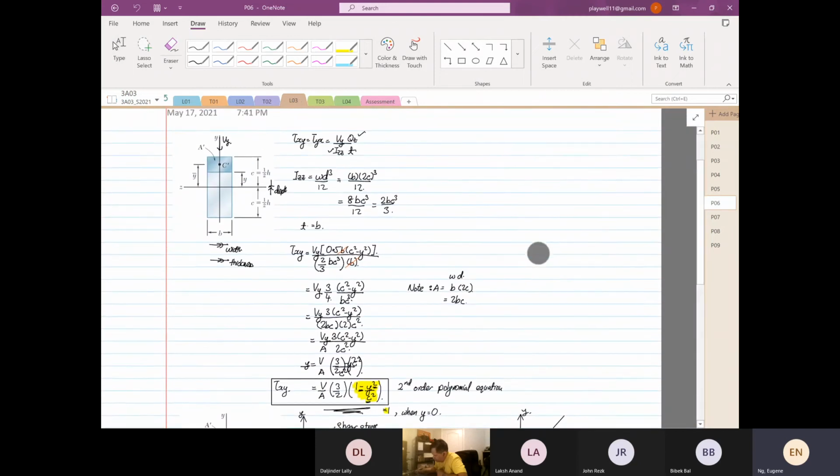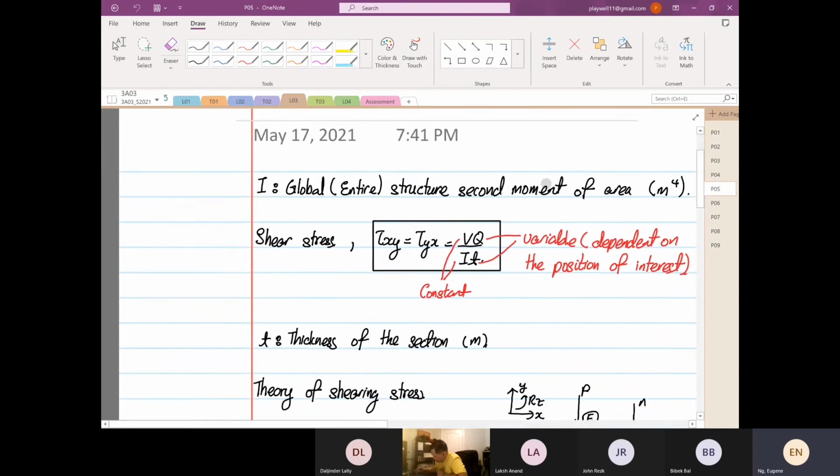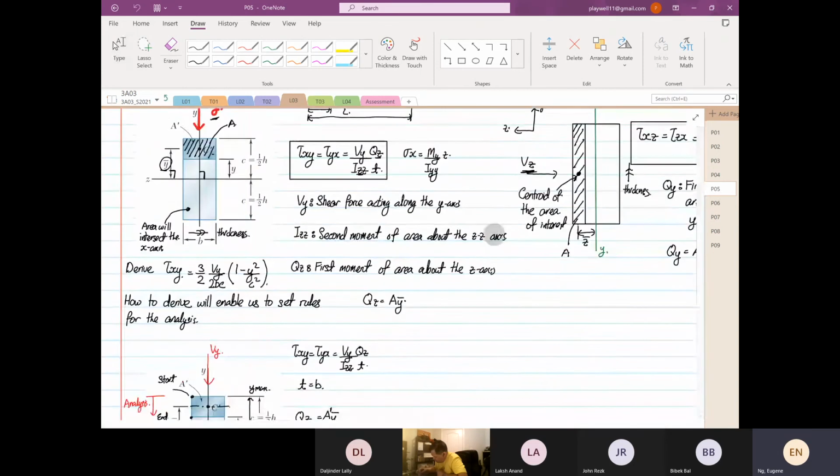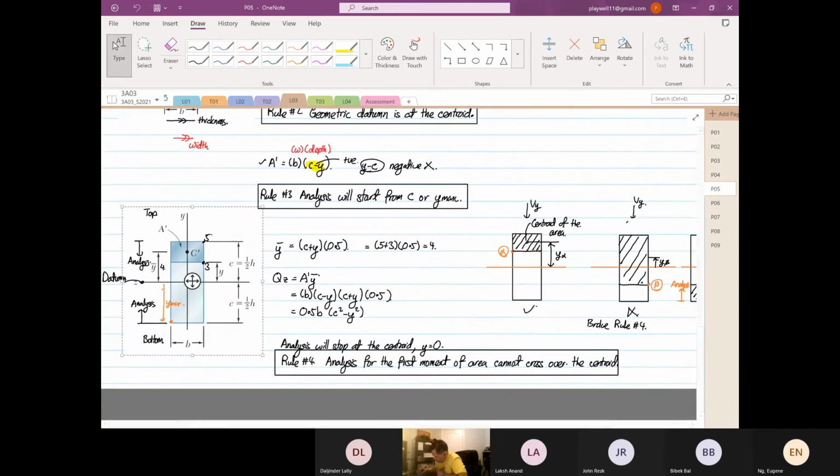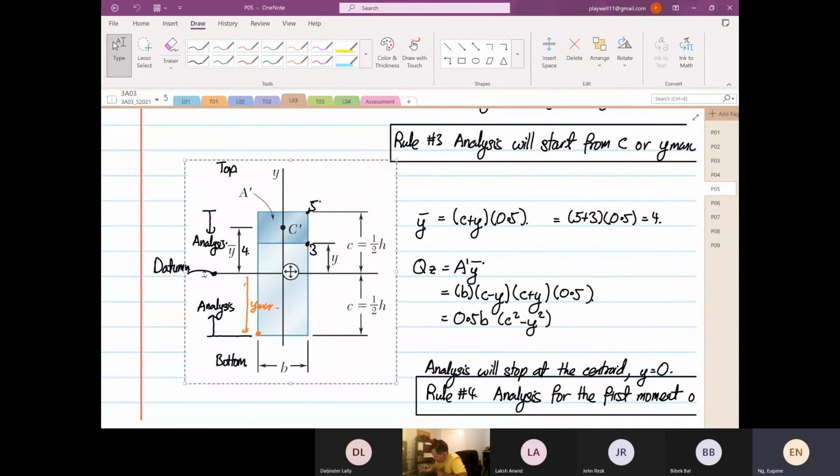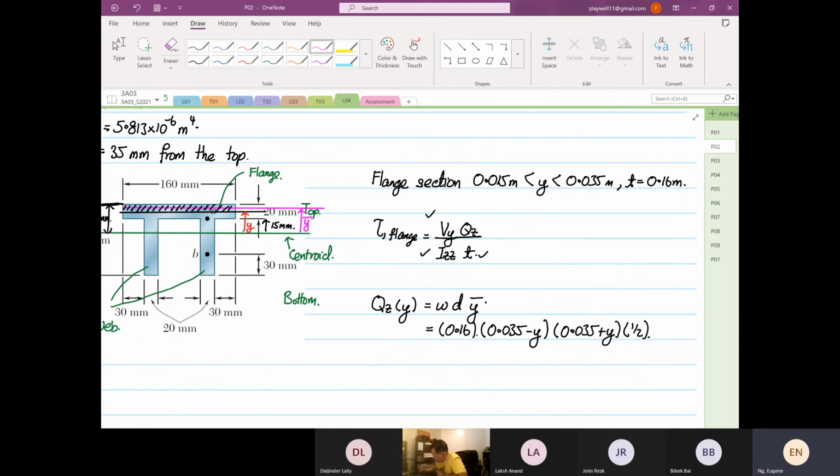So what we are trying to do is express this term over here, right? When we are deriving, the y bar is c plus y multiplied by 0.5, as you can see down here. That's our y bar. So coming back to our example, this is c, the y max plus y, multiplied by half. Okay, so if we were to tidy things up,